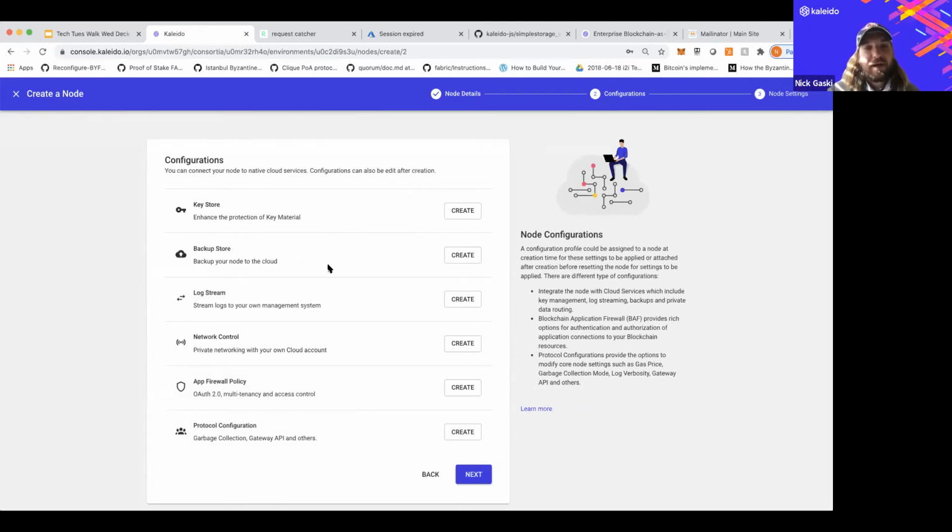Business continuity and backups. Can't overemphasize how important this is, but the ability for you to recreate the entirety of your private blockchain in a different cloud orchestration or in your own on-premise data center. So we're giving you the full lifecycle, full history of your blockchain.